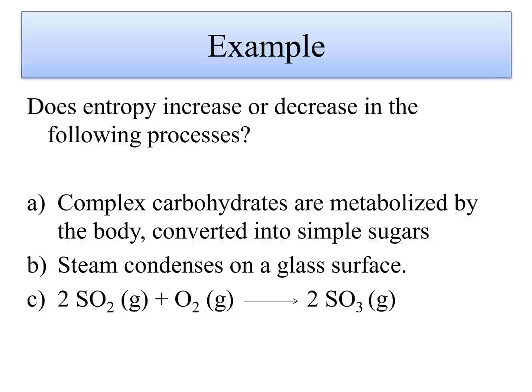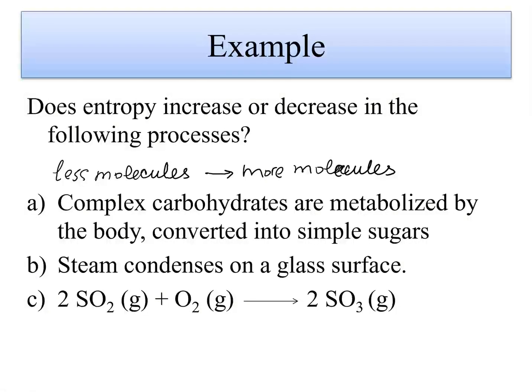Does entropy increase or decrease in the following processes? Complex carbohydrates are metabolized by the body, converted into simple sugars. Think about the number of molecules or the number of moles. We start with complex carbohydrates, which are large complex molecules, so we have fewer molecules at the beginning. Then these large molecules are metabolized by the body and converted into simple sugars, so into a lot of simple molecules, more molecules, which essentially means that the degree of molecular disorder increases